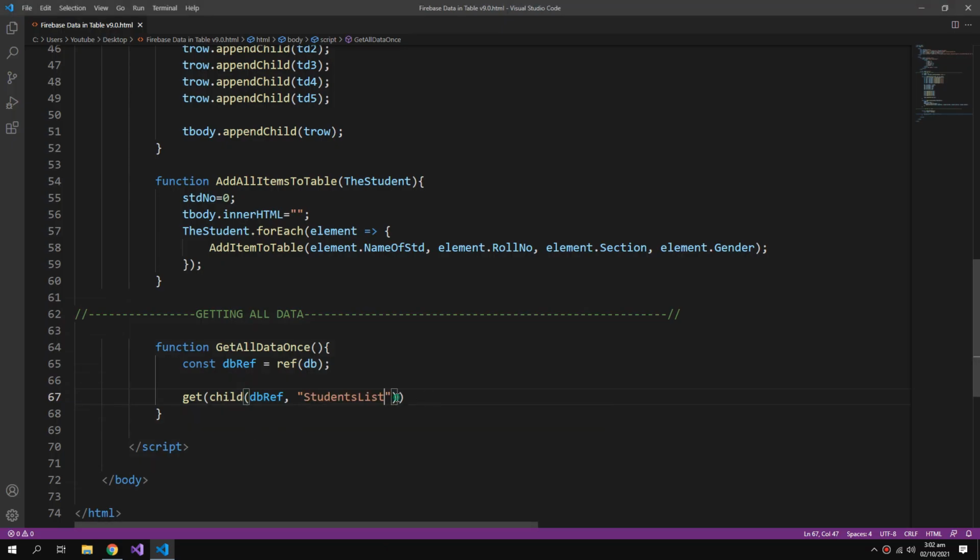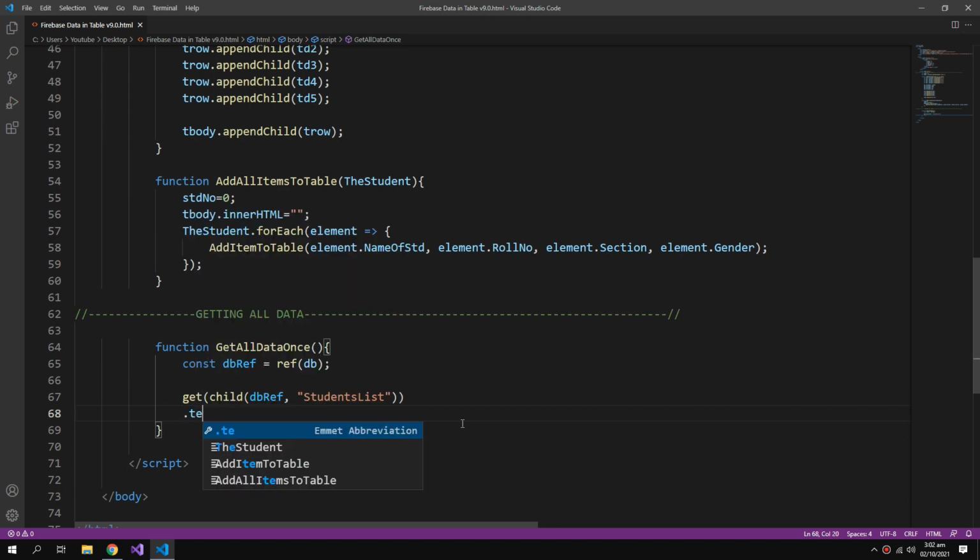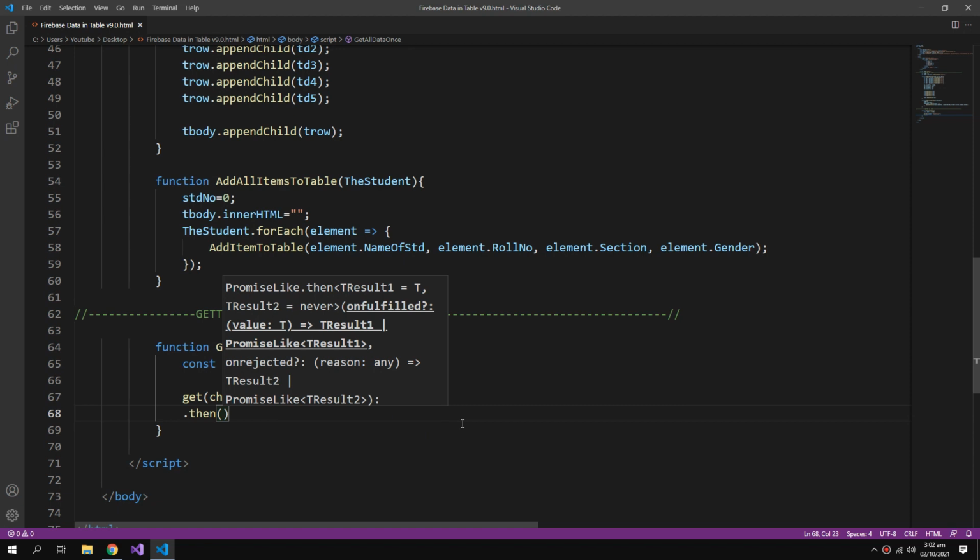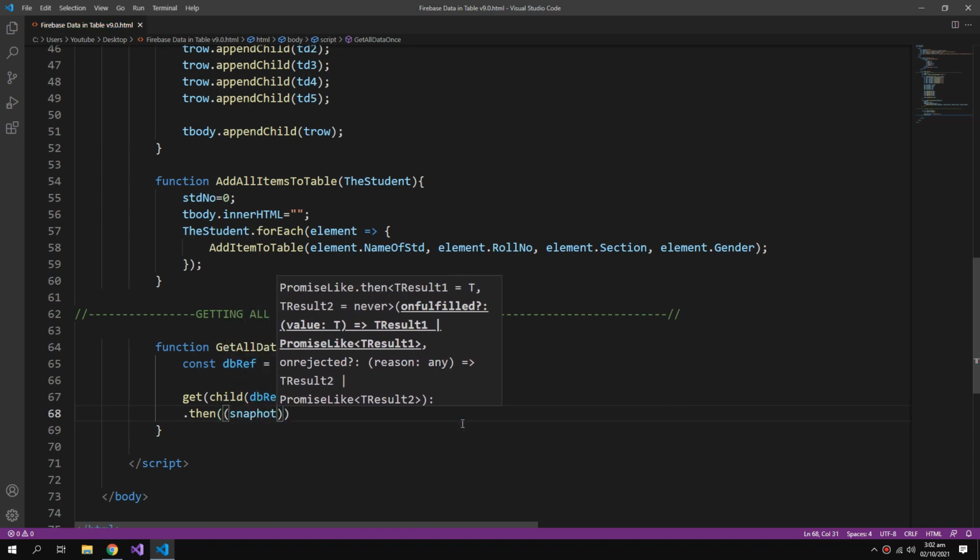So studentslist dot then, so the then promise, and inside this an arrow function which will take snapshot as argument,